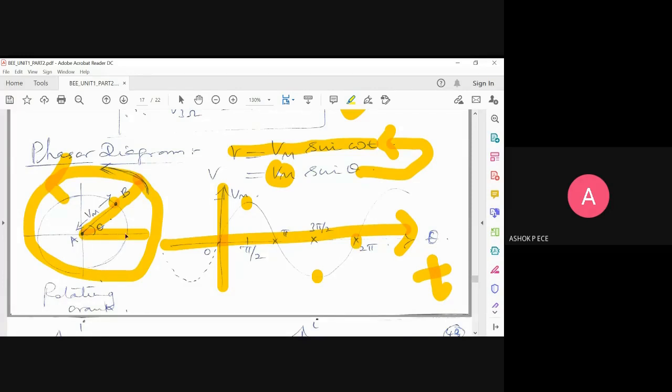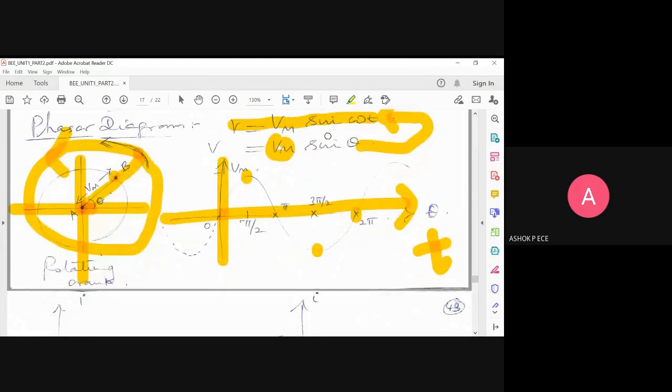So theta equal to 0 means it is along the x-axis. 90 means the sine wave will come here. 180 means the sine wave will come here. 270 means the sine wave will come here. 360, again back to the same position. Is it clear? See, 90 means it is plus Vm, a positive maximum. It is perpendicular to the reference. At 270, it is again perpendicular to the reference, and the value is negative, minus Vm. And at 180, it is exactly on the other side of the x-axis, and the value is going to be zero. So is this notation clear?